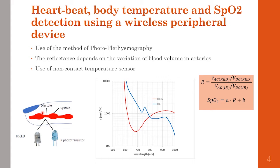PPG can be also used in the reflection mode, as we do in our project, where the backscatter light intensity carries the information concerning the blood flow. The fact that blood which is rich in oxygen absorbs light at a significantly different level as compared to blood with low oxygen concentration allows the extraction of the oxygen concentration of blood from the intensity variation of the PPG signal. As we see in the diagram, the absorption of oxygenated blood near the red part of the visible spectrum is significantly lower than that of the deoxygenated blood. The reverse is true in the near-infrared part of the spectrum. Hence, the measurement at two different wavelengths for which the absorption coefficient is reversed allows the estimation of the oxygen